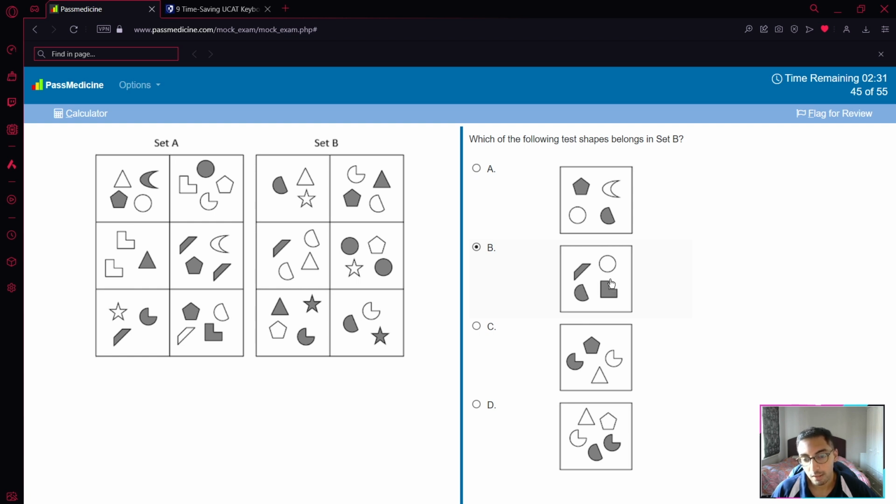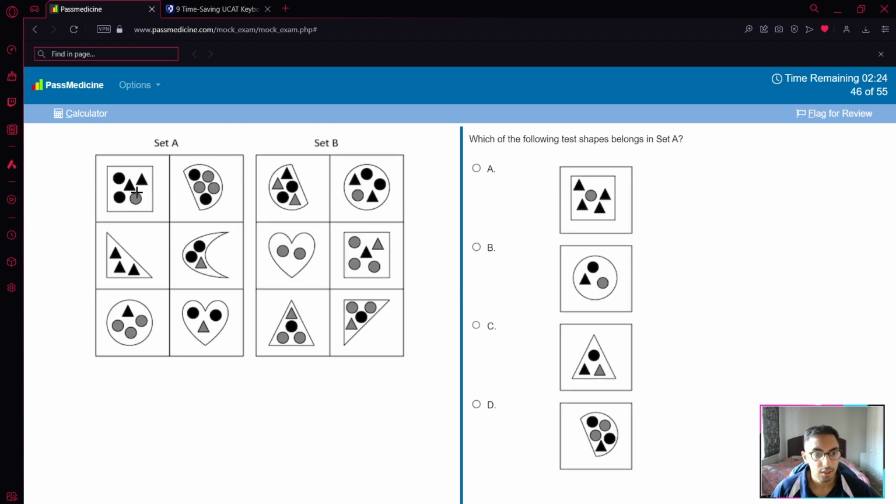4, 6, 7, 8, 9, 10, 11, 12, just to confirm. And then you've got your white shape with the odd number of sides. Cool. So if we pick the 2 simplest ones here, I'm going to go with this one. So we've got a triangle here with 3 triangles in the middle, and we've got a heart here with 2 black circles and a grey. The number of sides of that big triangle is 3. It's got 2, so maybe number of black shapes is equal to the number of sides, and then there's the number of grey shapes. I think that works, so we'll go with that for set A, because you've got 4